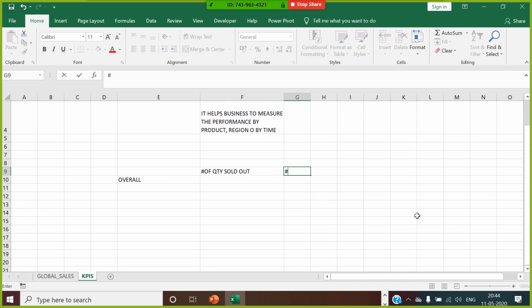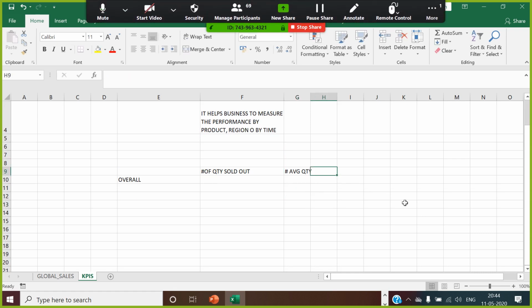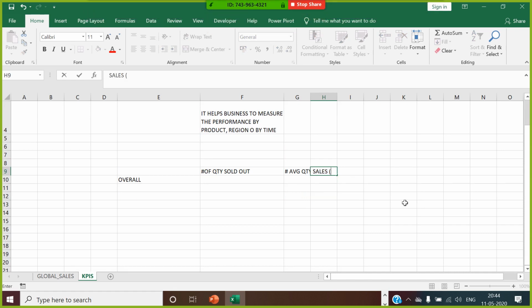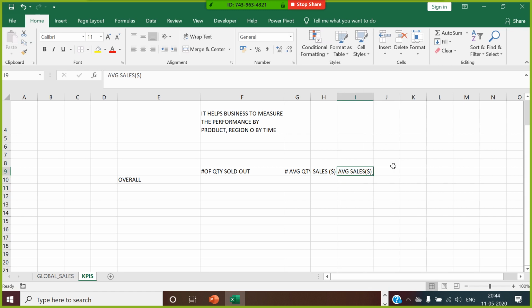Then I'll write AVG of the quantity which has been sold out. Then I'll write here sales in dollar, total sales happened. I'll go for average sales in dollar. Okay. Then I'll go for discounted amount. What is the total discount amount has been given?